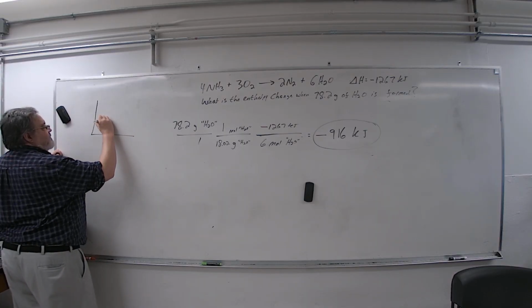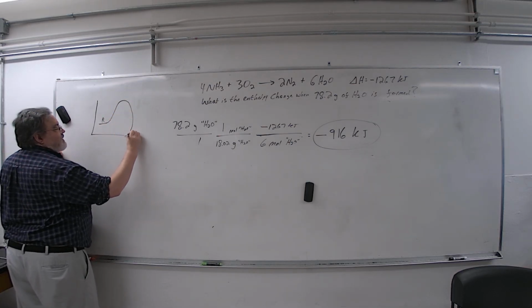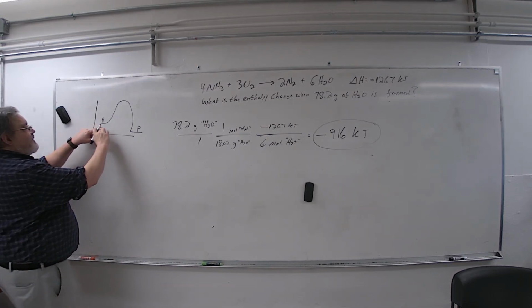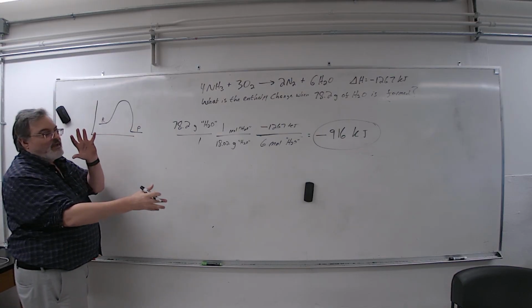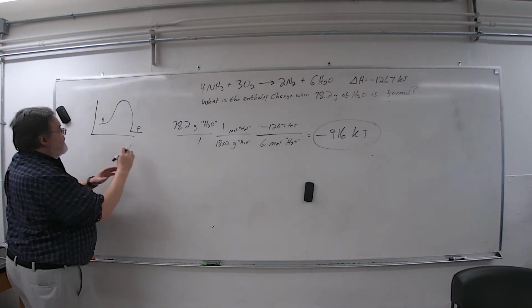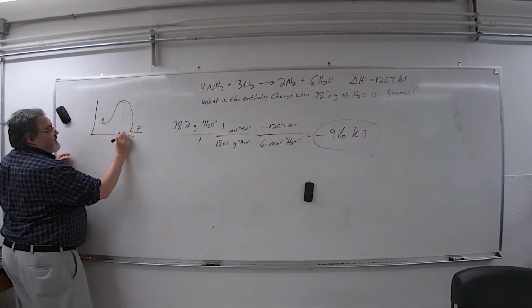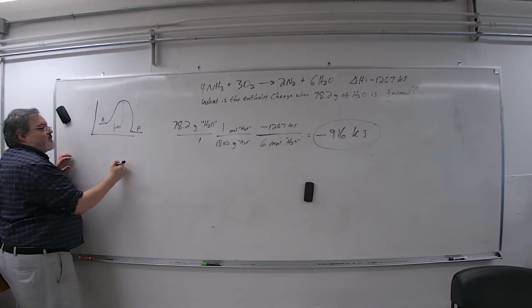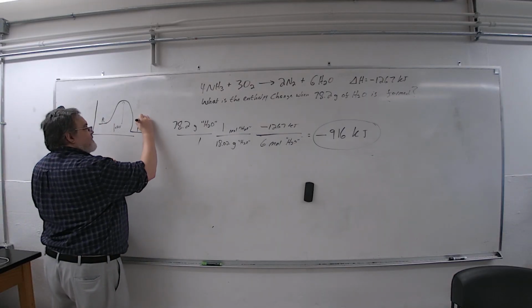But you start with the reactants at some energy, and you do this, products. Right. And this energy here, you have to put some energy in to make the bonds break to begin with, so that they can rearrange to make new bonds. So that's what this energy is. And then you end up down here, so the distance between where this is and where this is, that's the delta H. If the products are lower than the reactants, that means it lost some heat,